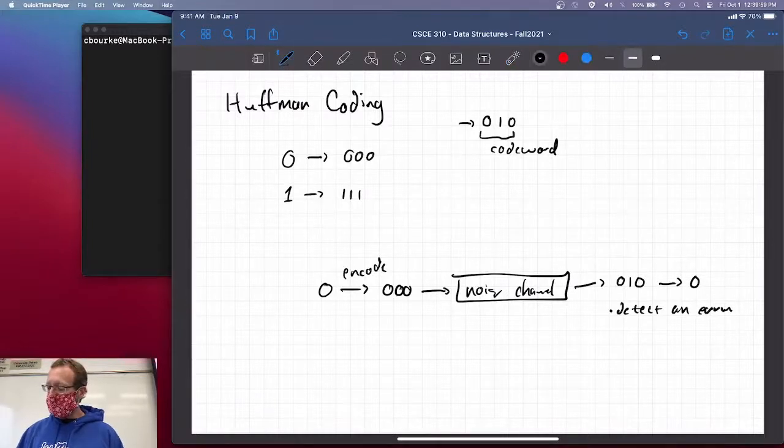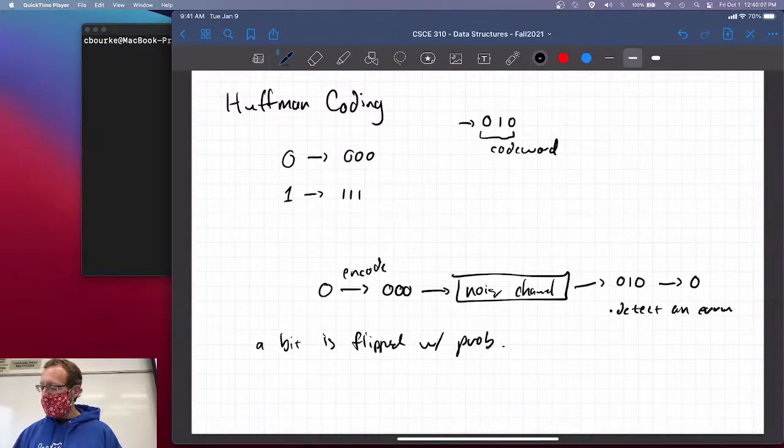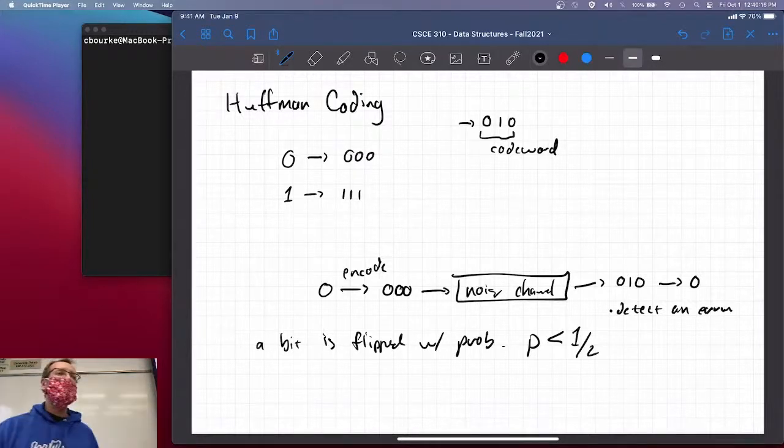So the idea here is that a bit is flipped with probability p, right? And p is definitely going to be less than 1, right? In fact, it's going to be less than 1/2, right? Because if the probability that a bit gets flipped is, say, 99%, what do